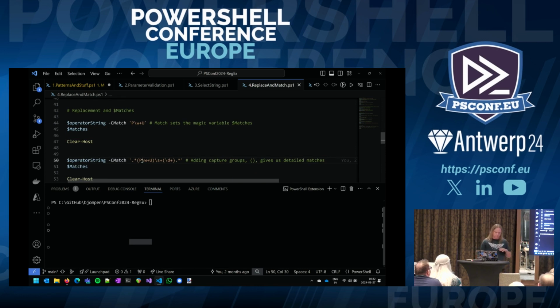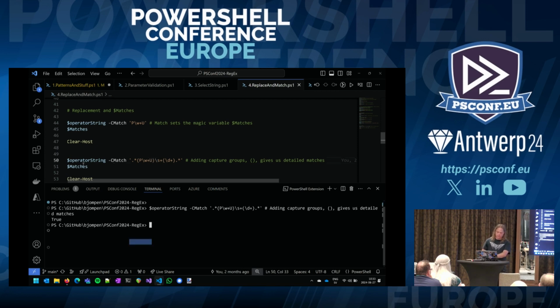We can also do capture groups. So this is where we stumble into something a bit more advanced. If you put parentheses around a pattern, it becomes a capture group. So the pattern P\w+U is the same as up here. We also have the digits, a capture group with any digits, surrounded by anything, and in between there's one or more white spaces.